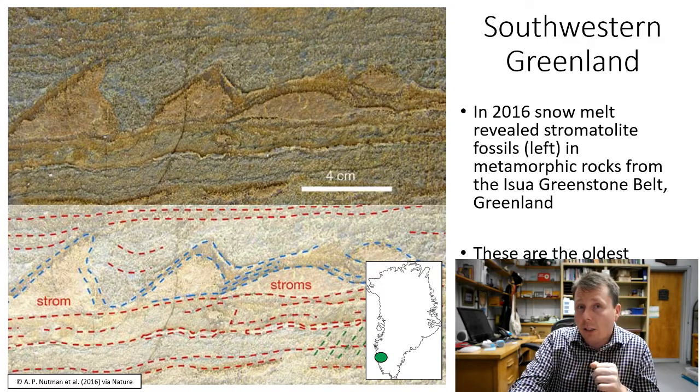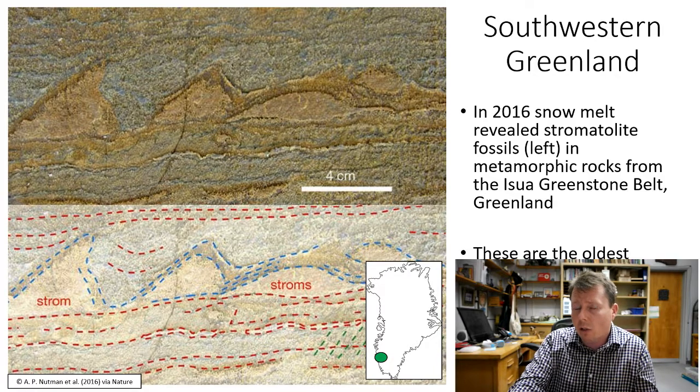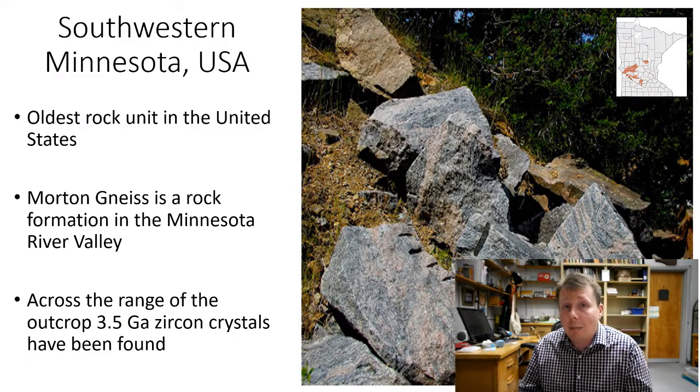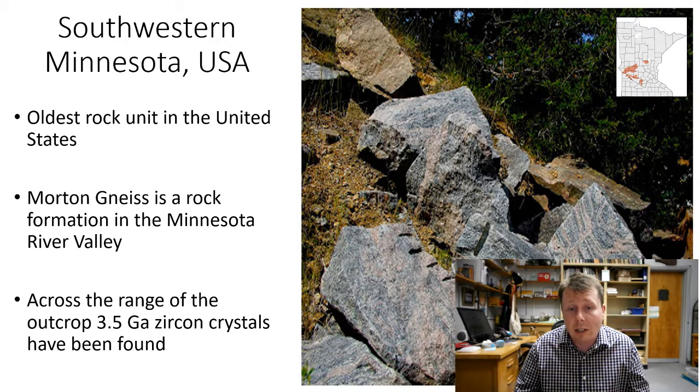Now we beg the question, well, that's the Northern Hemisphere. What about the USA? Where are the oldest rocks here? A very good question. The oldest rocks that we have in the United States are actually located in Minnesota. So if you're from Minnesota, you may have seen some of these places. They mainly outcrop in a place called Morton, and so it is known as the Morton gneiss, and you can see actual samples on the right-hand side.